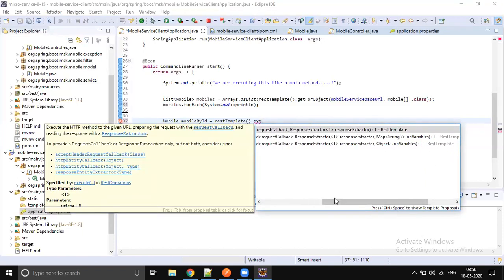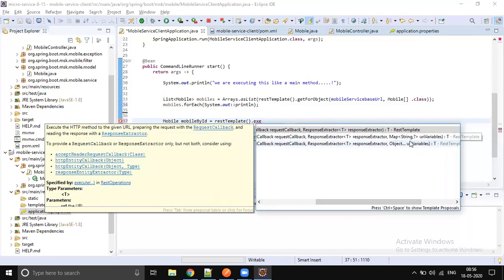The first parameter is the URL, and the second parameter is the HTTP method. What method are we sending? Get, post, put, like that. Then the request callback: how you want to extract the request. You can pass null if there is no XML or SOAP. If we go for SOAP, then we use this request callback. For JSON and XML it's not required. The response extractor you can also just pass null.